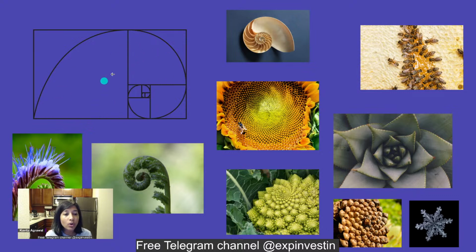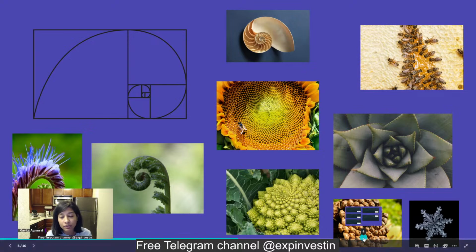Now, there is a lot of similarity between the different shapes that I have put together for you. From the way shells are formed to the way, in any beehive, if you divide the number of female bees by the male bees, that ratio tends towards 1.618. Then the way the seeds on a sunflower are arranged and move out from the center towards the outside is also in the ratio of 1.618. The way a succulent grows, the way the pine cone unravels. In fact, even the way a tiny little snowflake